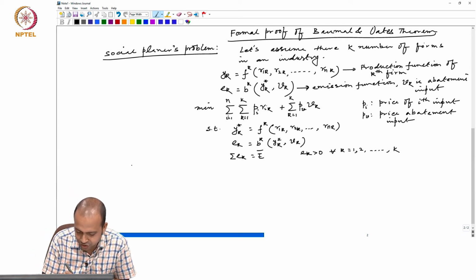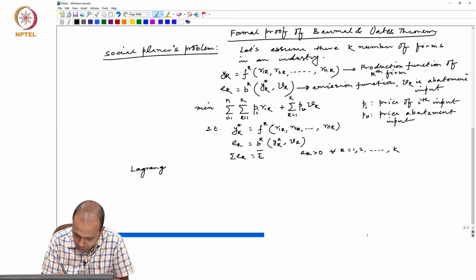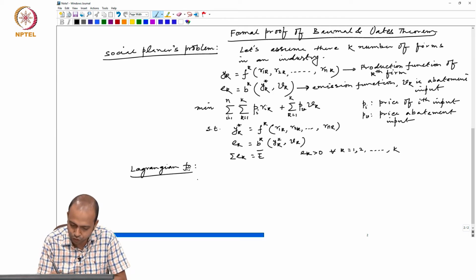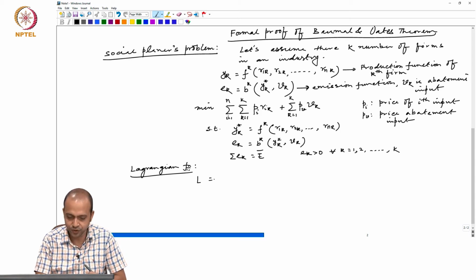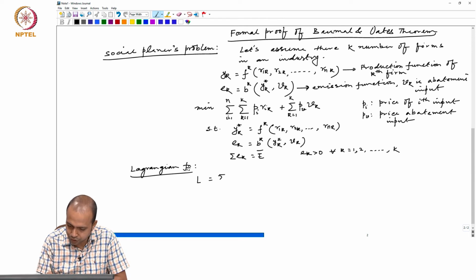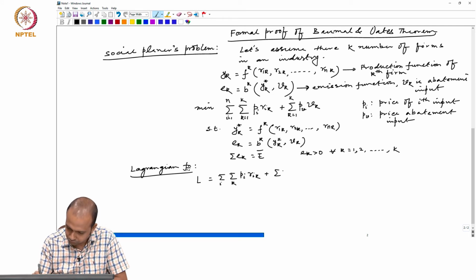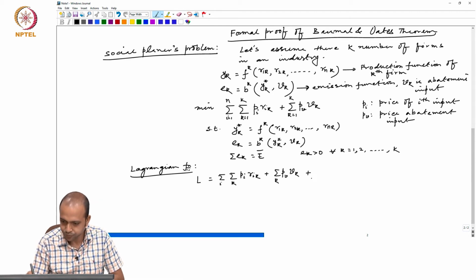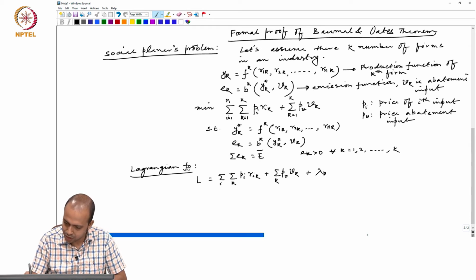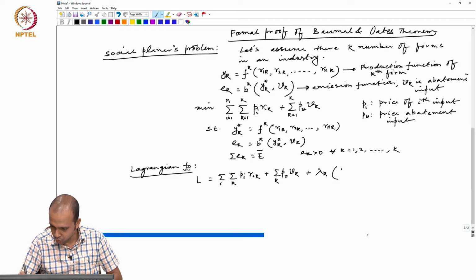We need to set up a Lagrangian function for cost minimization. What is the Lagrangian function for cost minimization? Let us say L is the Lagrangian function, equal to, first we have to write the objective function: double summation of Pi Rik, this is i and this is k, plus Pv into Vk summing over k, plus some lambda k into yk star